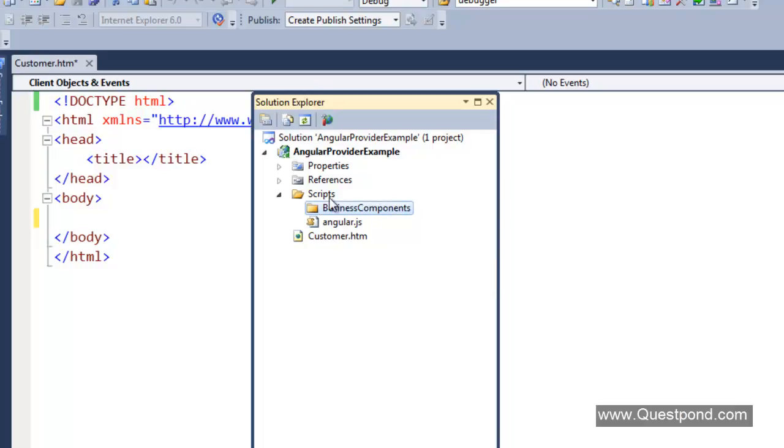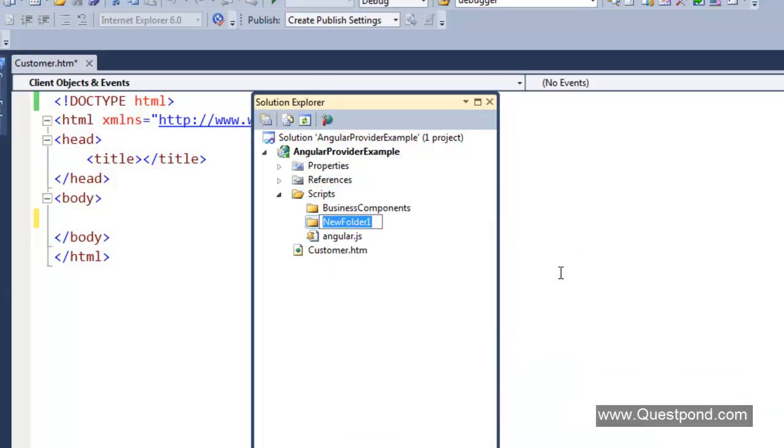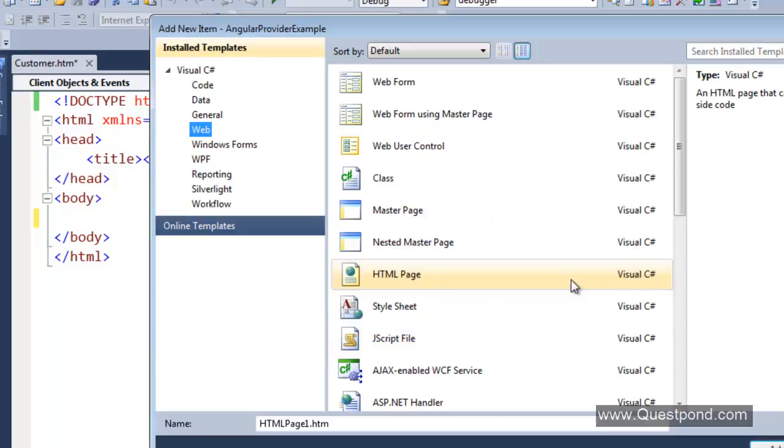And let me create a new folder here called Angular. So the Angular technical code will go into Angular, and my business components will go into this, right? So in this, let me add a new item, a JavaScript file called